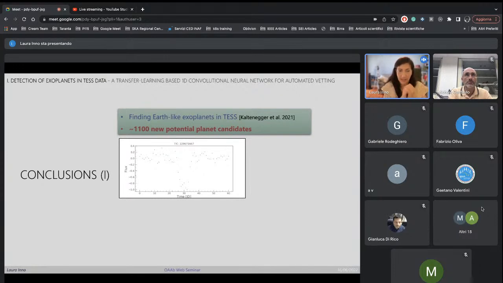2021 that are specifically potential stars that could have Earth-like exoplanets detectable in TESS, because they will be in the regions that I showed before when you have longer baseline for the observation. And the net gives us something like 1,000 new potential planet candidates. So this is, of course, work in progress, but this is one example of the new possible candidate, and it looks like a promising one.